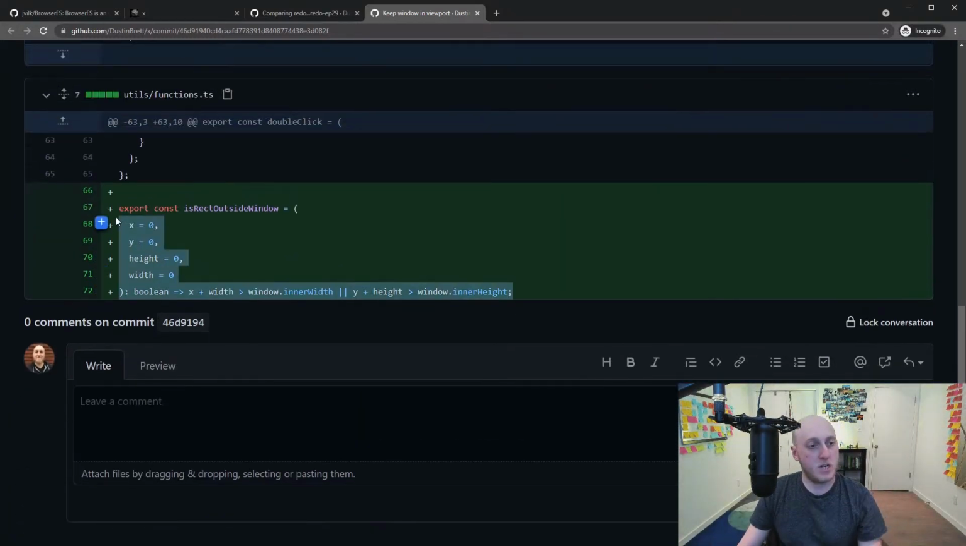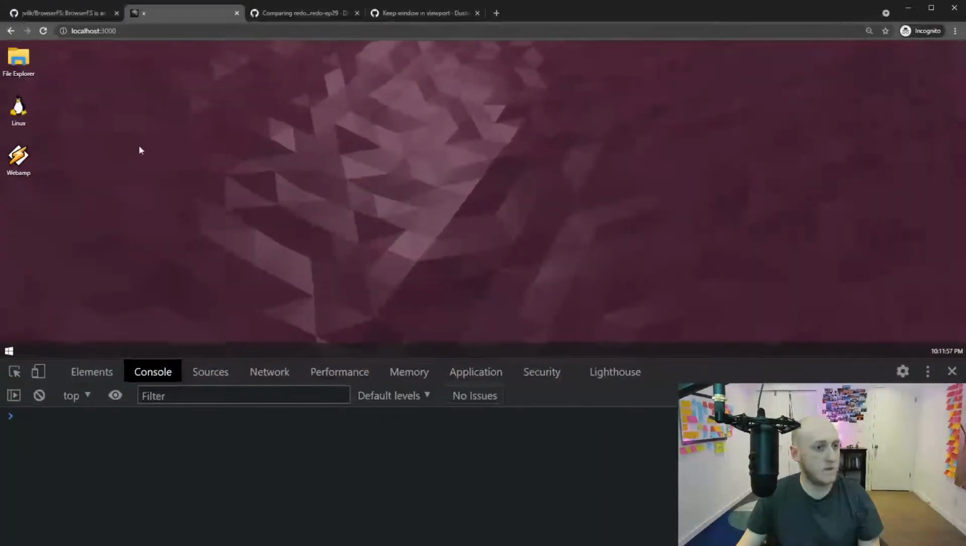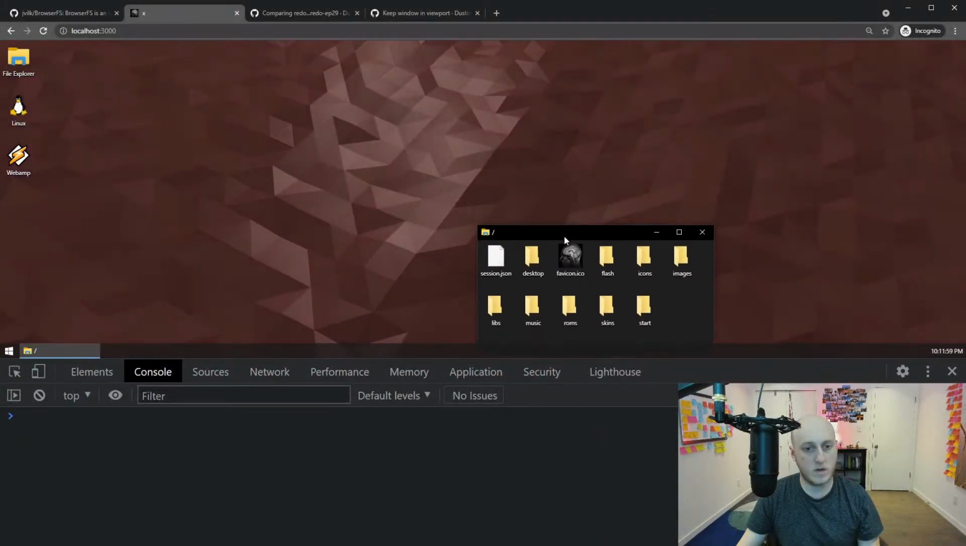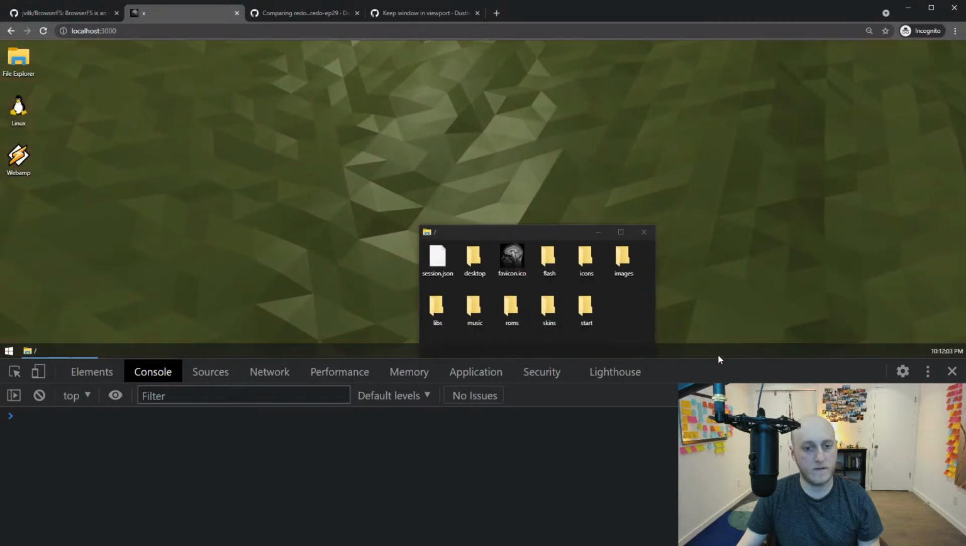So I made a function here, is rectangle outside window. Basically, the idea of this is, watch. So, we go here, we open a window like so, and let's say I put it there. You see, I can't go outside the window. I go there, but then if I